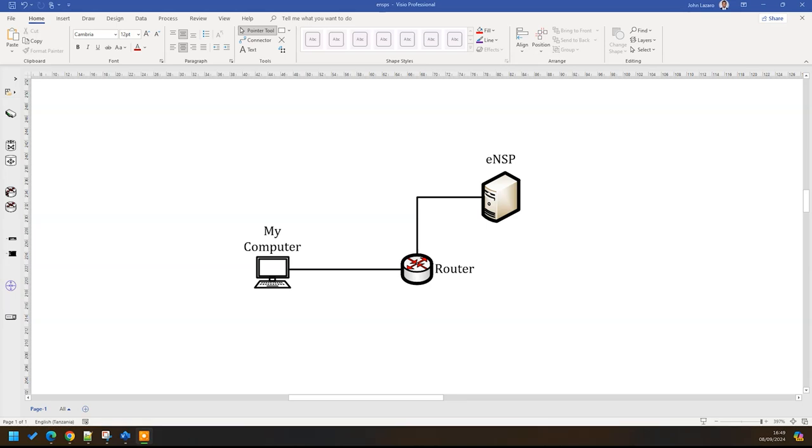So in this scenario, I've just selected a simple topology that will help me to show you how you can achieve our goals. So assume that you have installed your eNSP on a certain computer in your network. So you want to access it, or you want to do some configurations, maybe in a group, or maybe you need to have access to those routers and switches that are installed on that eNSP remotely. So for this case,